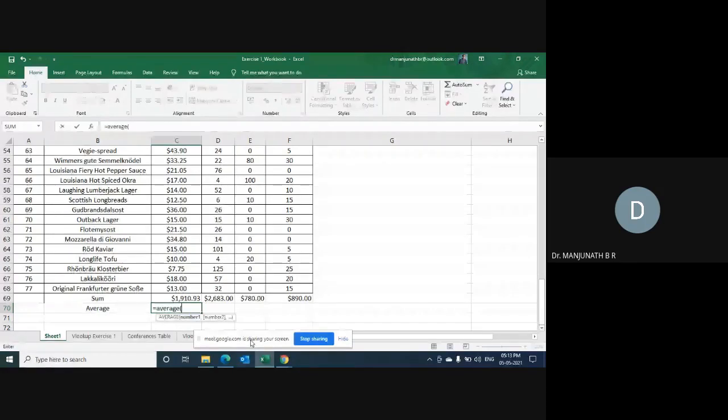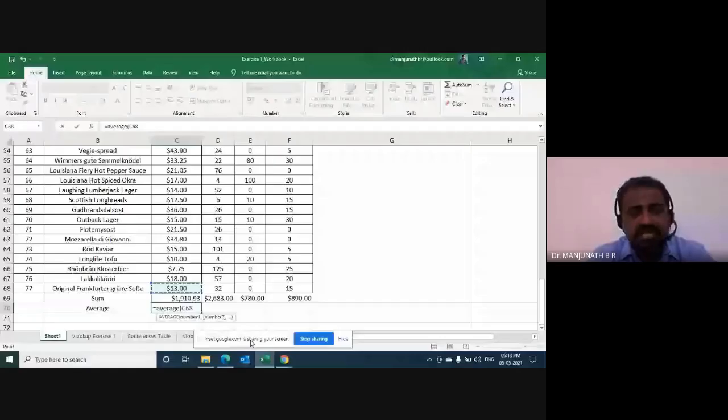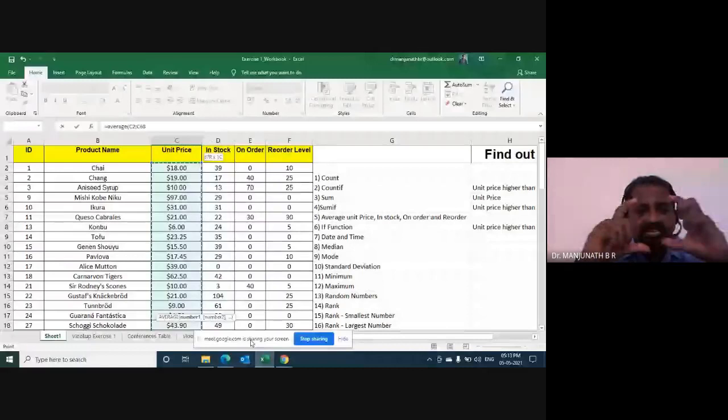And now here I'm on the $13. From bottom to the top, I want to select the total range. So what I'll do now, I'll use Control Shift and up arrow key. The moment I do that, even unit price is also selected, but we don't want that. So I can release that by pressing Shift and then one down arrow key so that I can select my specified range. Once you're done with that, close the bracket and then hit enter.